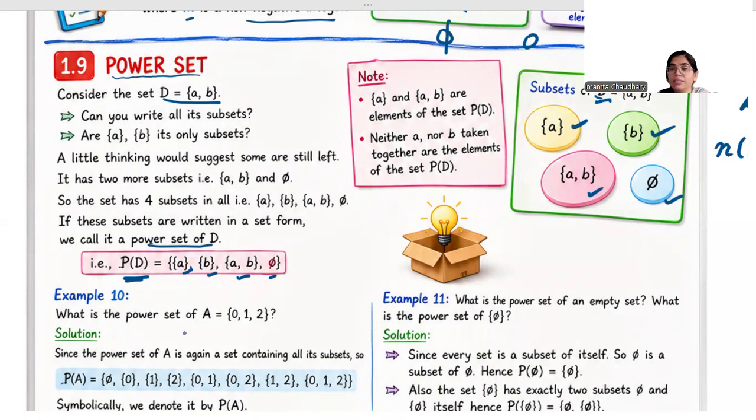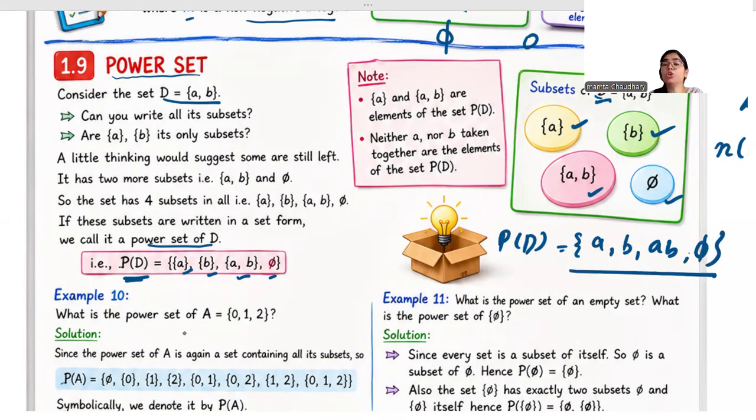If suppose I write the power set of D as A, B, and phi, as we have written like this, will it be a power set? No, it won't be a power set. Reason? Because in a power set, we always write the subsets, not only elements, not only alphabets. We write the subsets. And a subset, you know, is written in this form with curly braces. So this is the power set P of D.